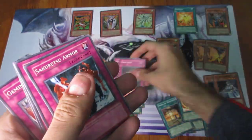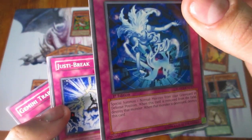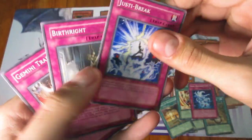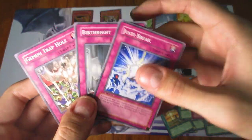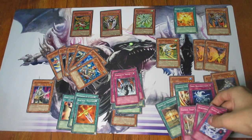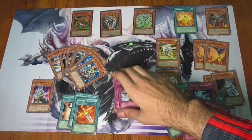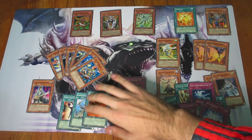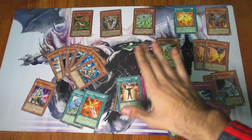These are pretty generic support. That's also generic. This one is normal monster, that's right, that's for that. And then these are also Geminis, because anything that's for normal monsters is for Geminis. So all this stuff here is actually for Geminis. Everything here is basically generic support. Mind Control's actually also generic, not bad. Warrior support, generic,